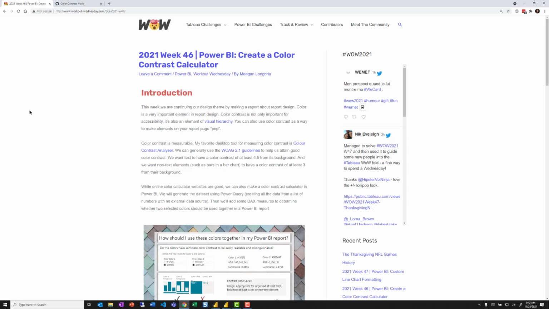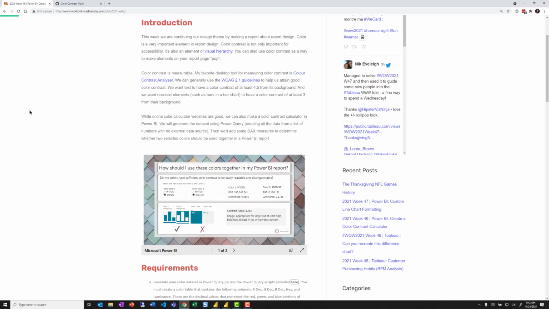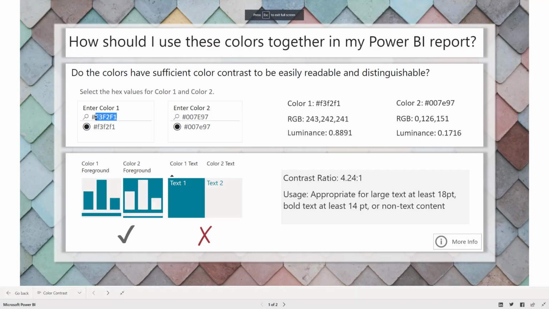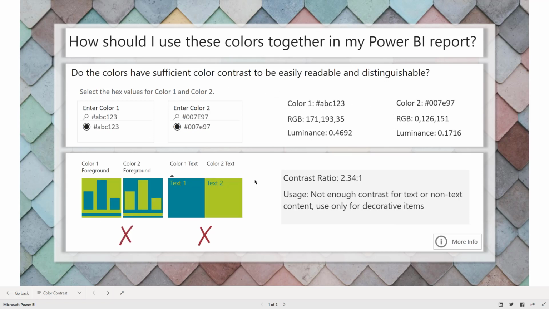This week we are creating a color contrast calculator. So our end result lets us choose a color and then choose a second color and calculate the color contrast and give advice on whether or not these two colors should be used together for